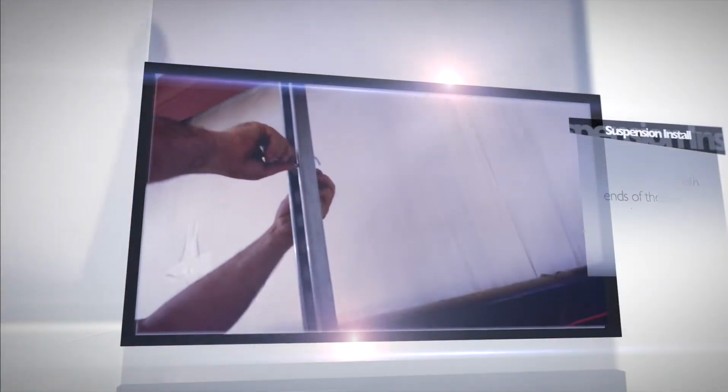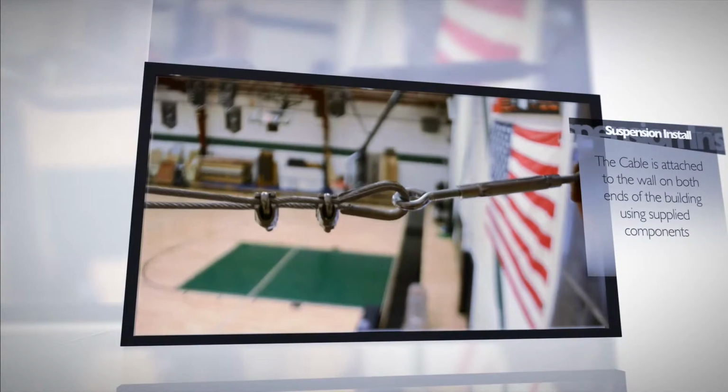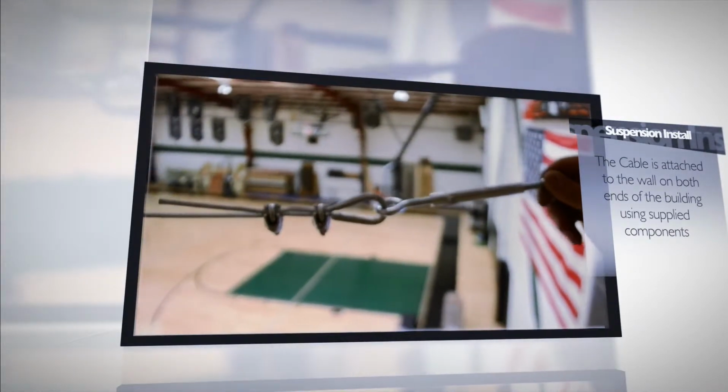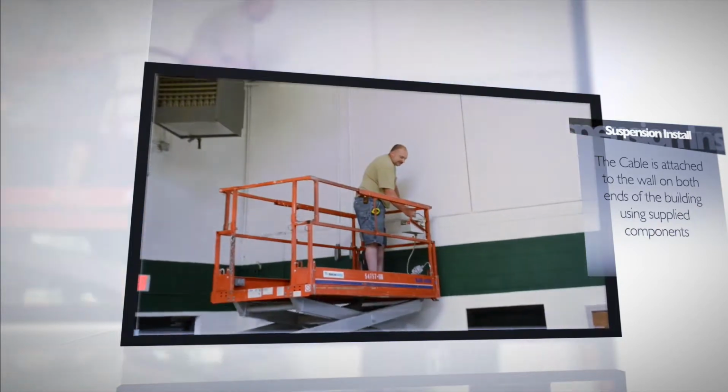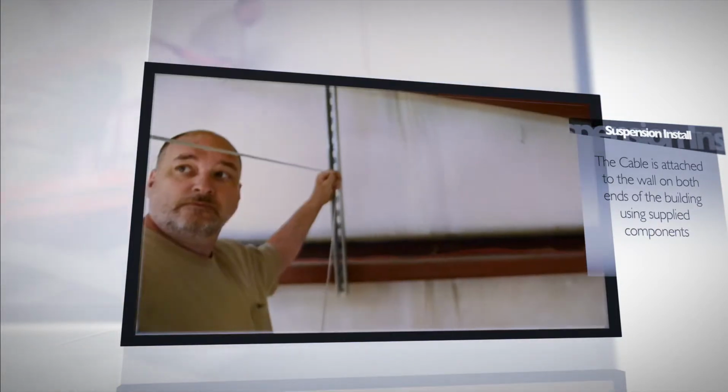Notice how the eye bolt and turnbuckle assembly are attached to the wall. Then the cable is threaded through the turnbuckle, around the thimble, and secured with 2 rope clips. This process is repeated on the other side of the building, and the cable is pulled tight before the rope